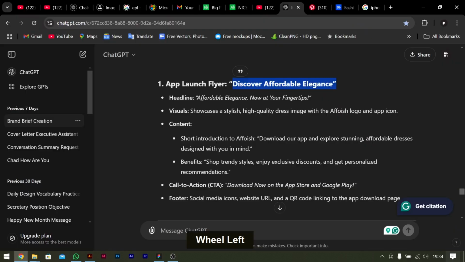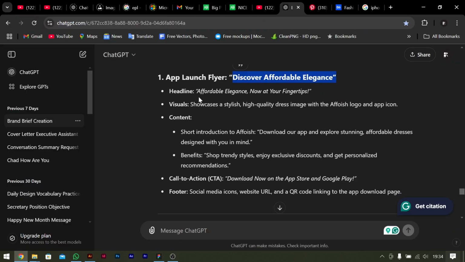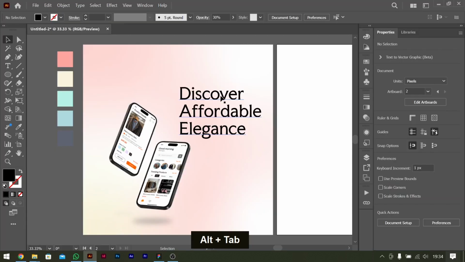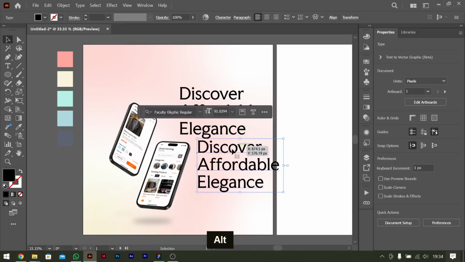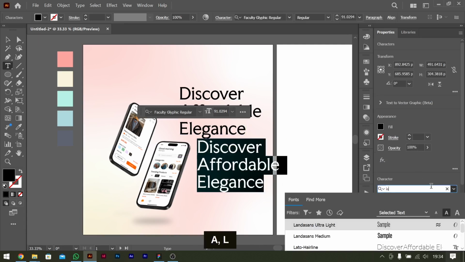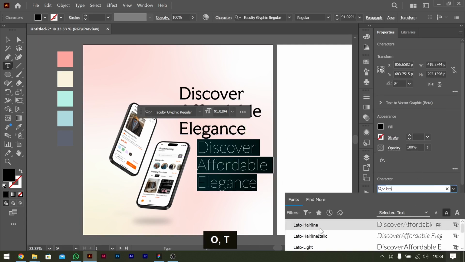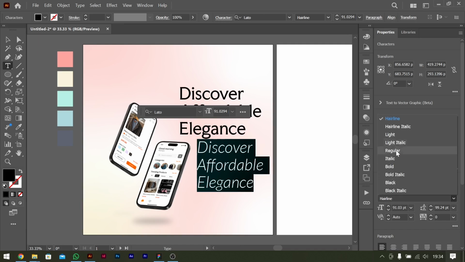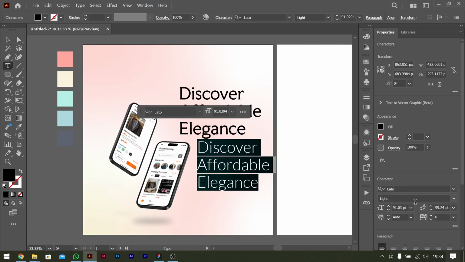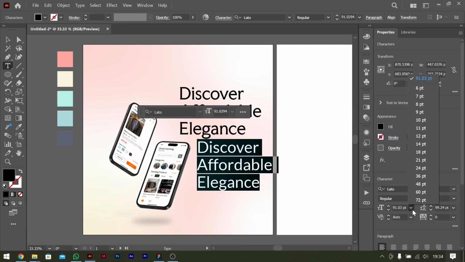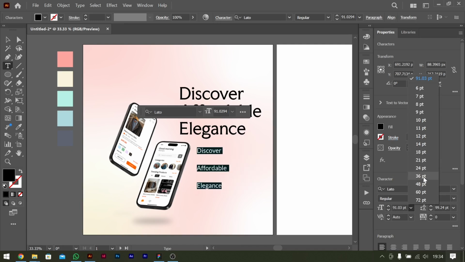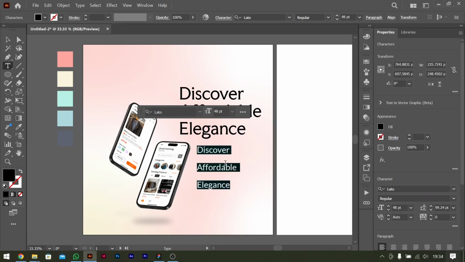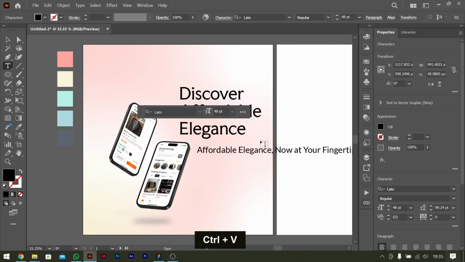Now we go back to where we got our text and begin to input other text. So we have affordable and something there, and then with the exclamation right over there. I said our helping or assisting text there is Lato. We have different Lato weights, so I think stick with maybe the light. No, let's use the regular and then have a font size of about 48. I think we should also reduce that too. Paste that and reduce it to